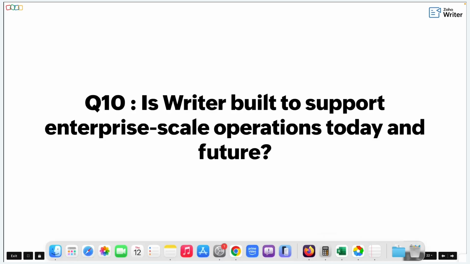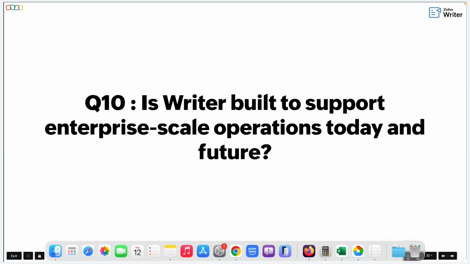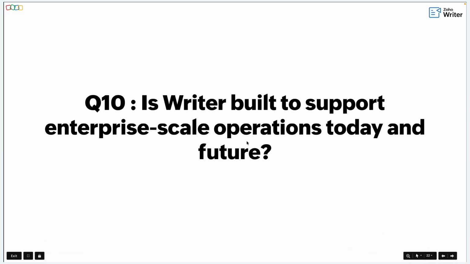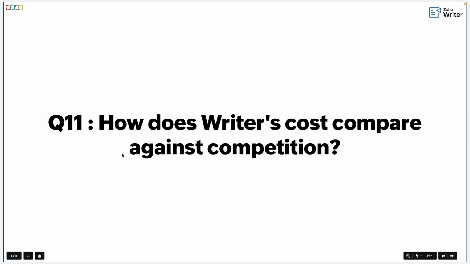So now that we have covered enterprise readiness, the next topic is how to compare the cost. When we talk about cost, every organization will have this question before they make a move. So Raksha, how can we really compare the cost of Zoho Writer with other tools that are available on the market? The simplest way to look at this is from a real budgeting and ROI perspective.